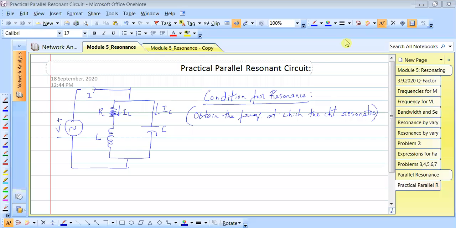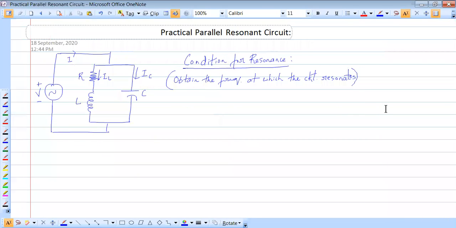So today what we are seeing is the parallel practical resonance circuit. Now earlier, the resonance circuit that we have seen, everybody just look at this. We were looking at a circuit like this. When we said parallel, don't take down this R, L and C. We were looking at a circuit like this. Fine. And we had a current source connected here.